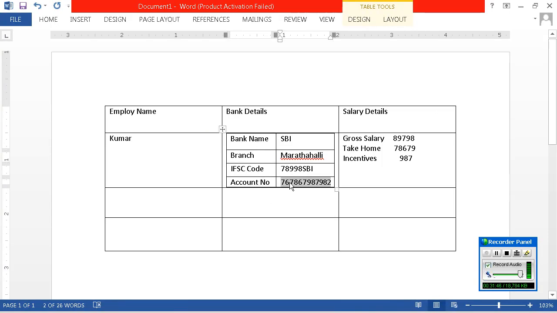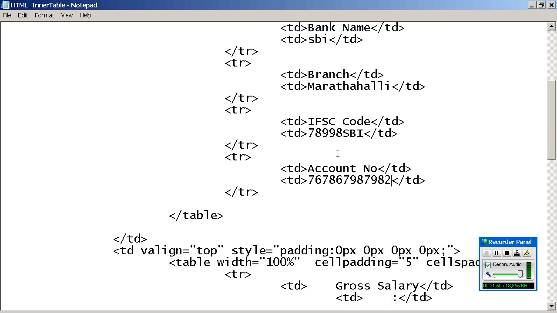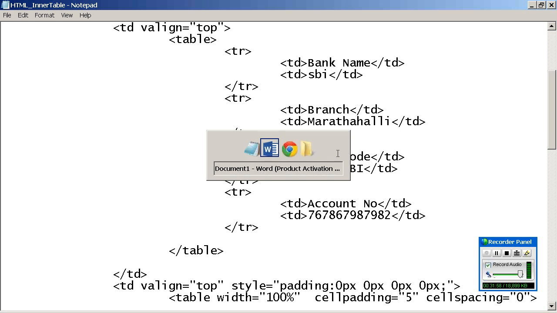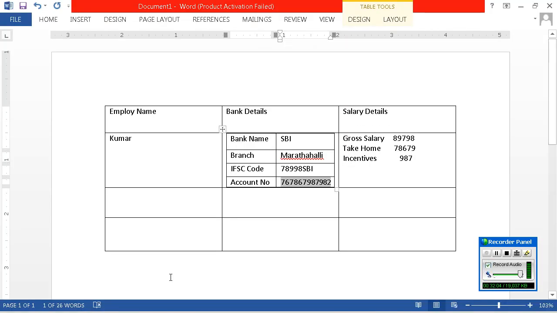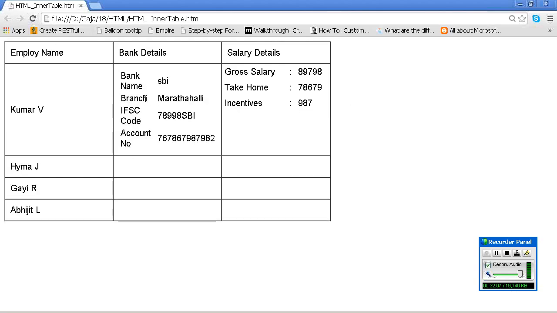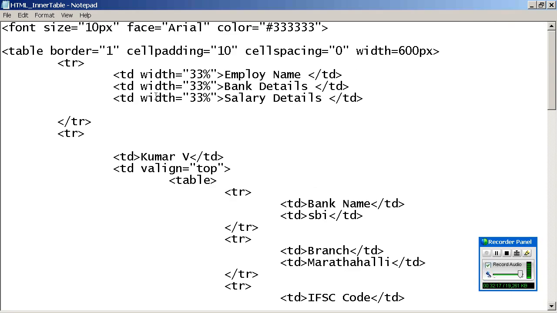Why I am more confident in table: table is the control which will make your design a homogeneous structure. If you go to any website, you can divide it into table blocks. Now if you go on this, you can see it is adjusted. Are you understanding? Okay. So now I will just remove this 33%, 33%.